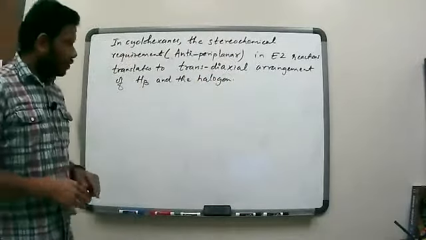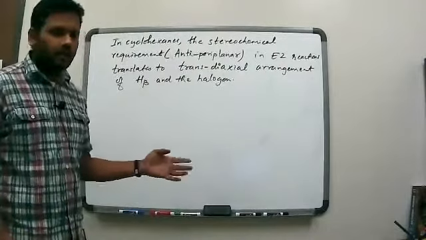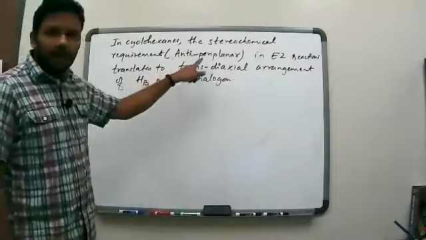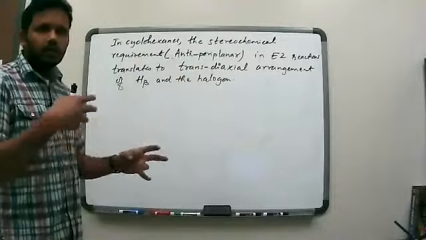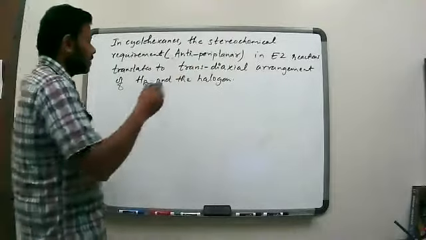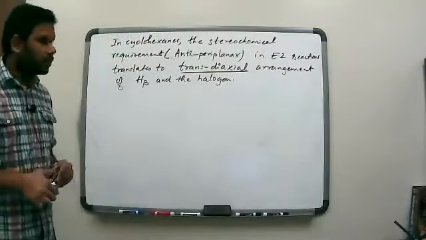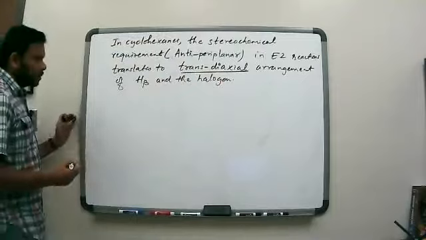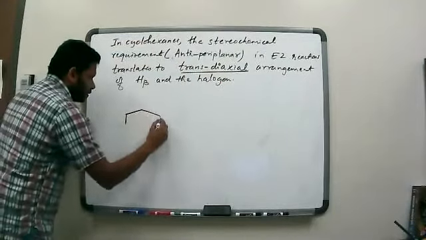Okay, so when we're looking at simple chain alkyl halides, long chain, aliphatic alkyl halides, then we needed an anti-periplanar requirement. The same thing when you talk about cyclohexane, it becomes a trans diaxial arrangement between H beta and the halogen. Okay, and so what that means is, so for an example like this, if we have